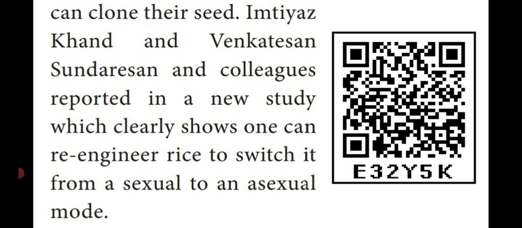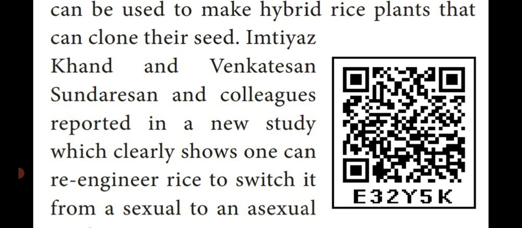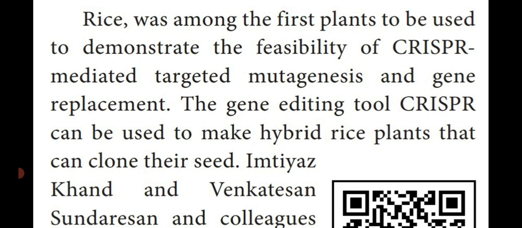Dear students, what is genome editing? It is a very important 2-mark question, and also write short notes on CRISPR-Cas9. It is the best method for adding, removing or replacing a gene present in an organism. The abbreviation is clustered regularly interspaced short palindromic repeats, and CRISPR associated protein 9. So that is the answer for this question. Dear students, this is a very important question. Kindly make a note of it in your textbook.